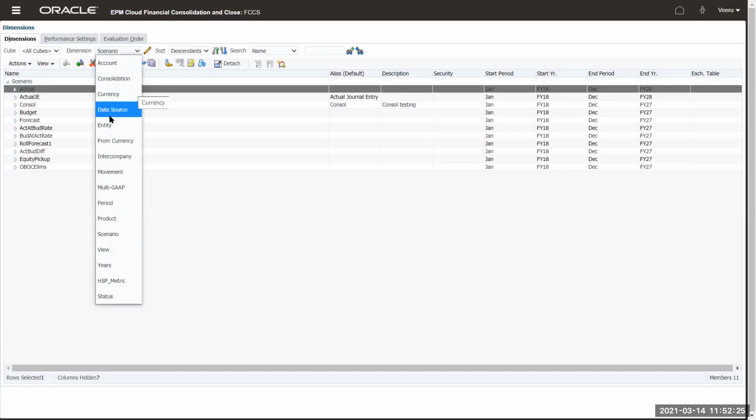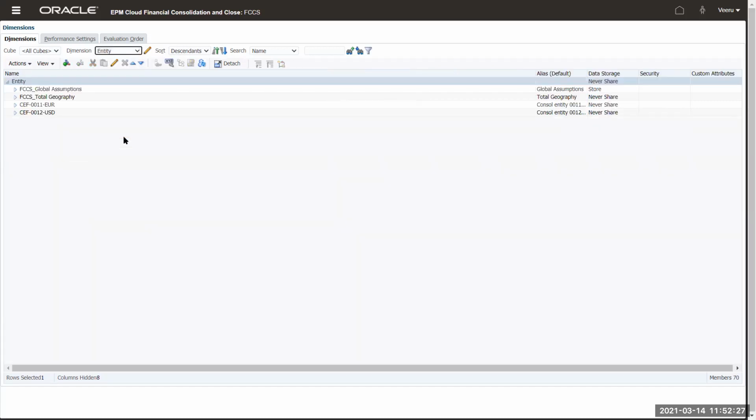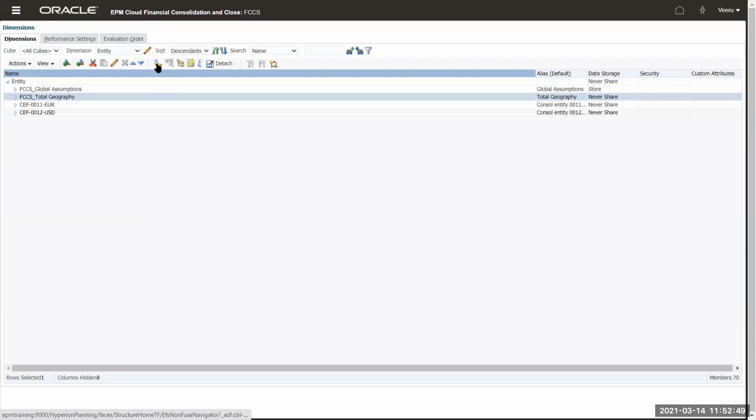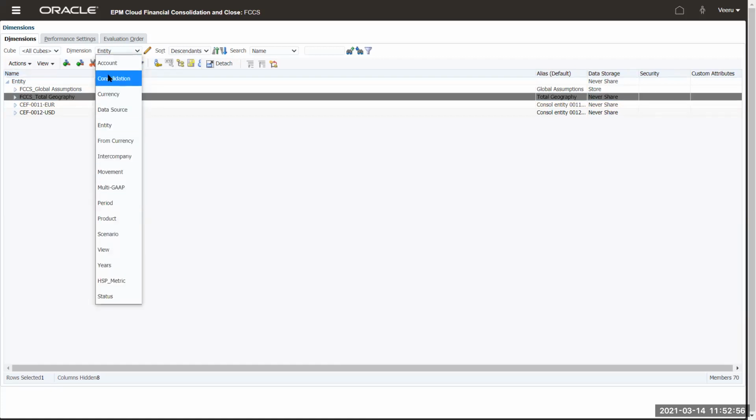Entity, as you know, maybe we don't want all the users to be part of all the entities. Certain users belong to a specific region, specific jurisdiction, specific geographic location, or specific department. Then you assign users only for those specific departments and specific entities. Assign them specific access. Again, you click on this access control, assign access, and then add assign access. So there are 4 different things assigned at scenario, account, data source, and entity.